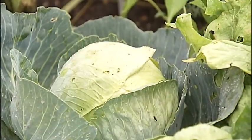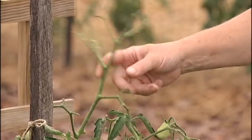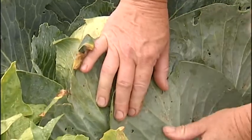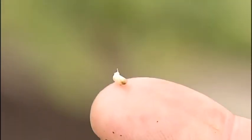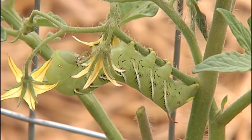Well, I guess the most important thing is to make sure you actually find the insect that's doing the damage. If you only find the damage itself, of course that can sometimes mean the insect's gone, and there'd be no point in applying a pesticide because there's nothing there to kill. So you need to find it in the act. And most of our typical pests are very common. They're pretty easy to identify with common field guides, or these days with the internet, just materials like that from